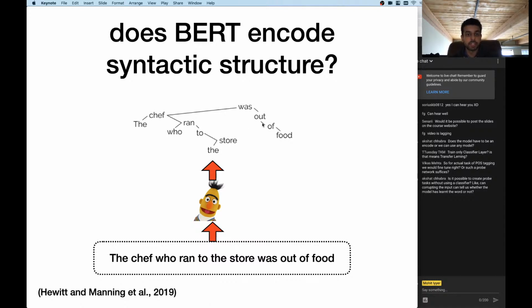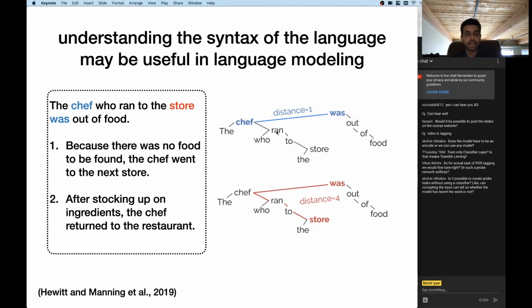But you can see from this tree, which is a dependency tree of the sentence, that the distance between "chef" and "was" is small, they're just neighbors, right? The distance between "was" and "store", though, is a much longer path through the tree. So this indicates that "was out of food" is modifying "chef" and not "store". So given this kind of tree, which we can get from a dependency tree bank where people have manually created these trees out of the sentences,